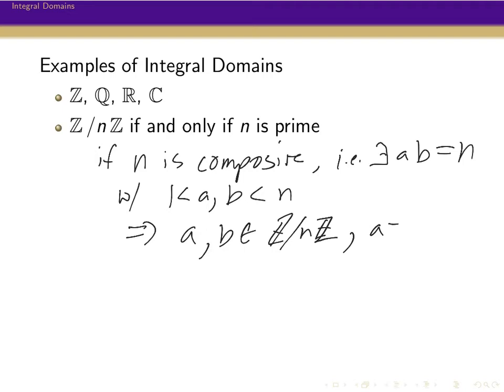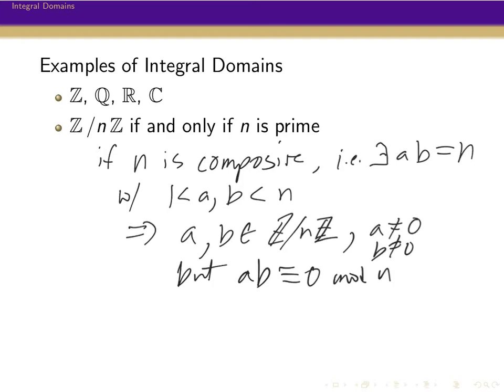They are not equal to 0, but A times B is going to be congruent to 0 mod n. And so that means that they are zero divisors, and that means that Z mod nZ cannot be a